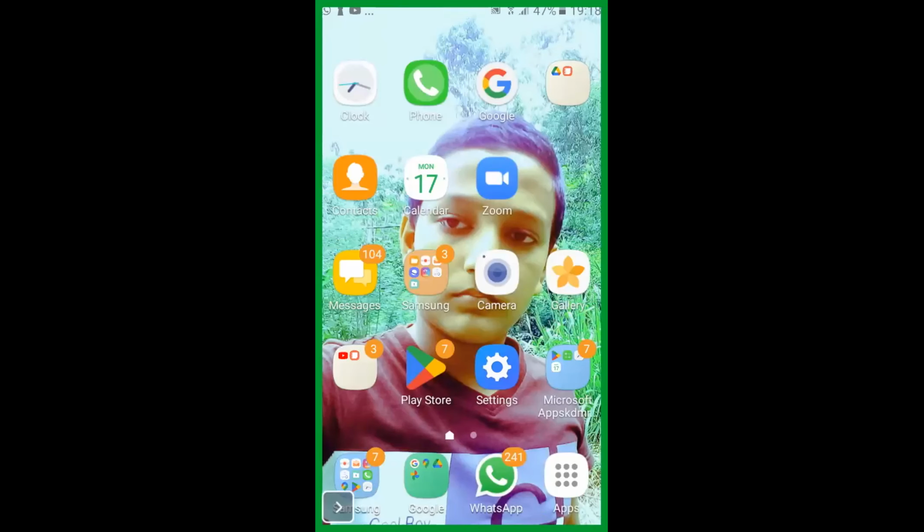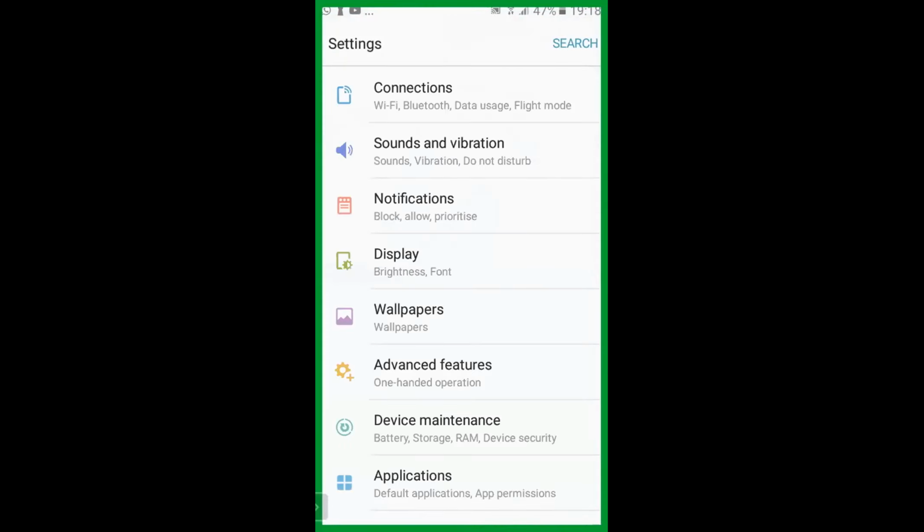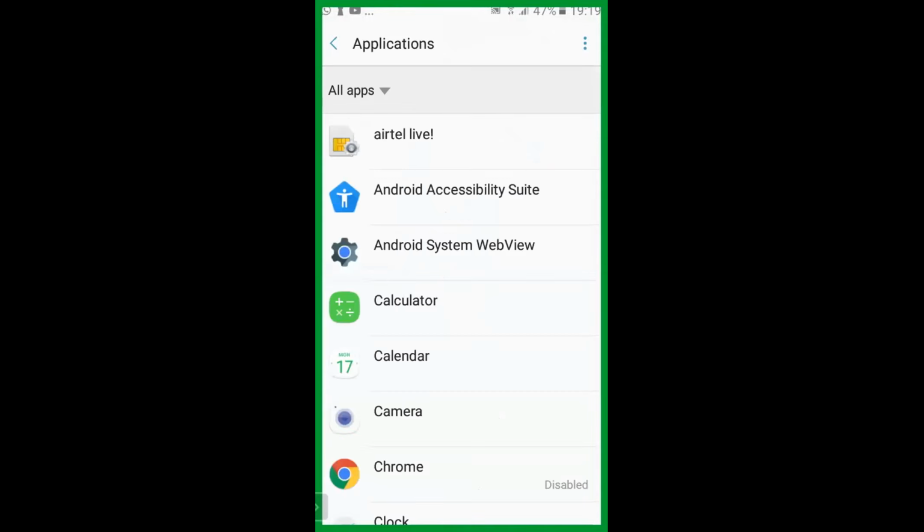Okay, so can you go to settings? Right, there is something called applications. At the bottom, can you see applications? Okay, when you go there, there is something called app permission.